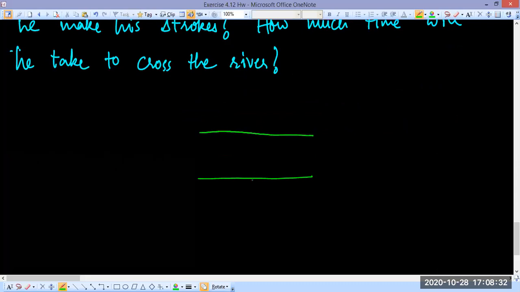So in this question, we want that the person goes to the point exactly opposite to his starting point. So let's say from A to maybe here, B. Then the velocity of the man with respect to ground should be in this direction, right? There is absolutely no doubt about that, right? So now let's make a triangle out of this. So VMG should be like this.